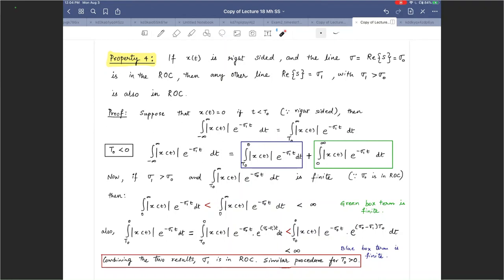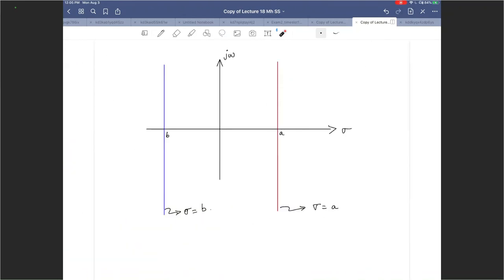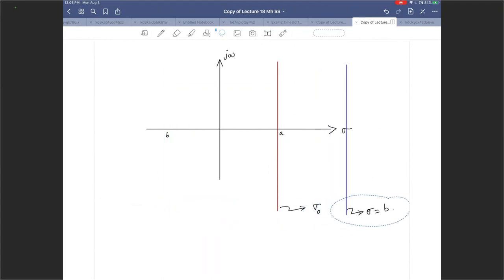So if it's a right-sided signal and you have two lines, one at sigma 0 and one at sigma 1. If sigma 1 is greater than sigma 0, then sigma sub 1 will also be in the ROC. Meaning, if this was sigma 0 and this was sigma 1,